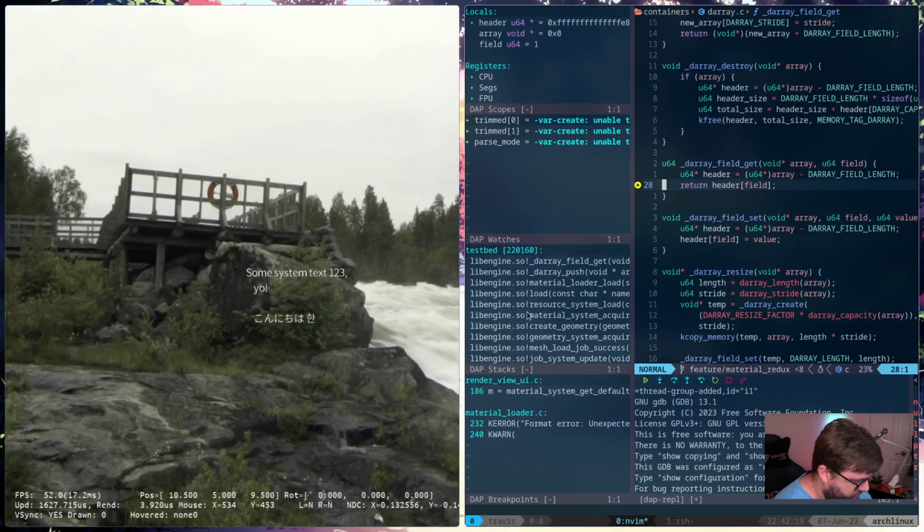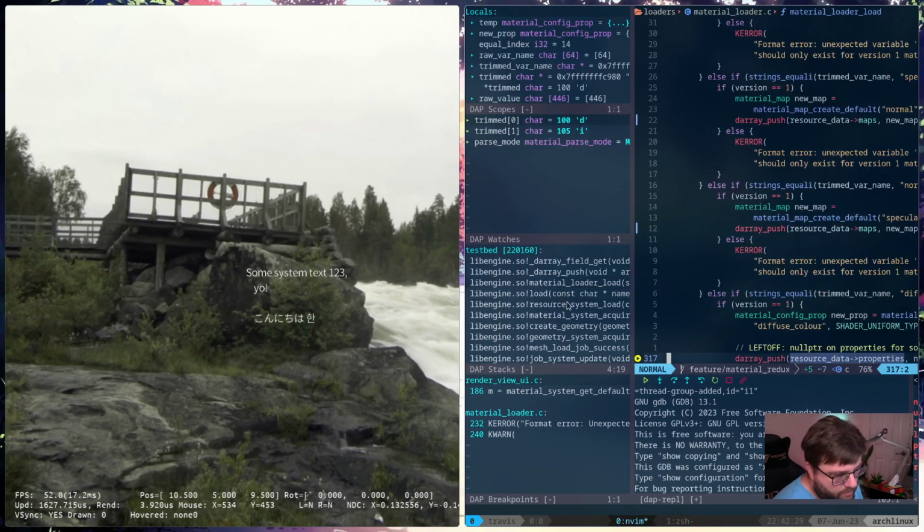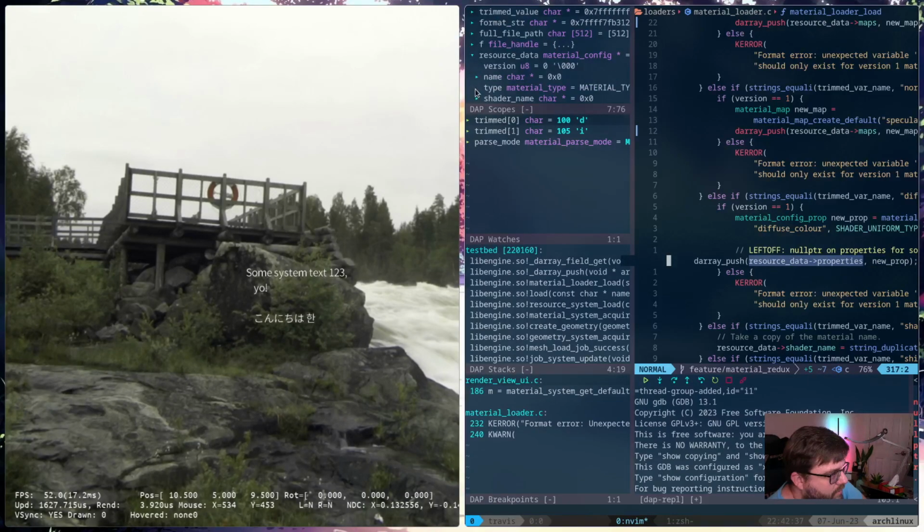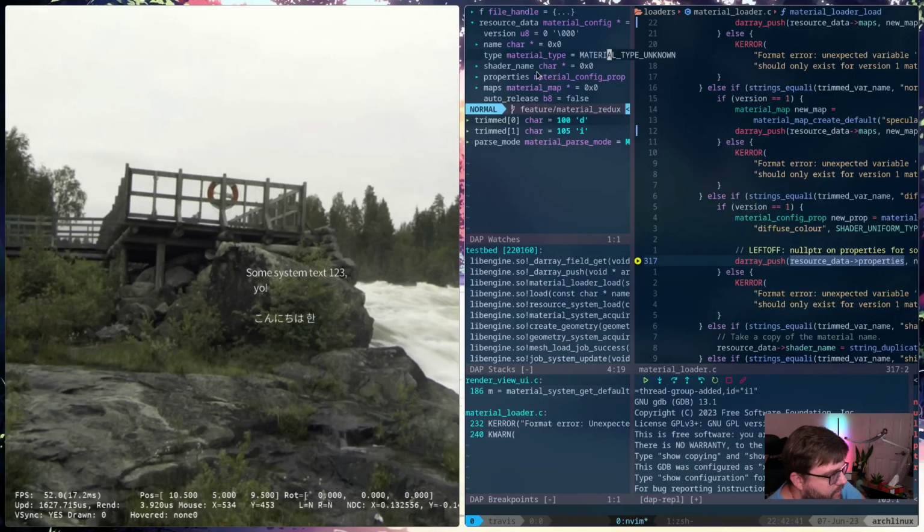Same thing. Yeah, same thing. Resource data zeroed out.